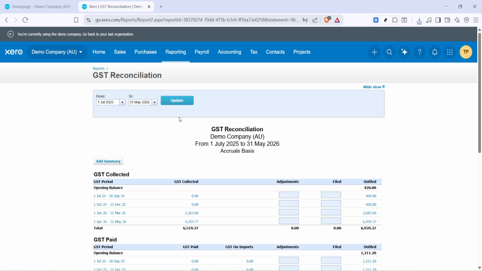Once your dates are correct, click Update. Xero will refresh the report with the latest figures for that time frame. Review the summary and the detailed breakdowns. You should see totals for GST collected on sales and GST paid on expenses, along with movements that explain how